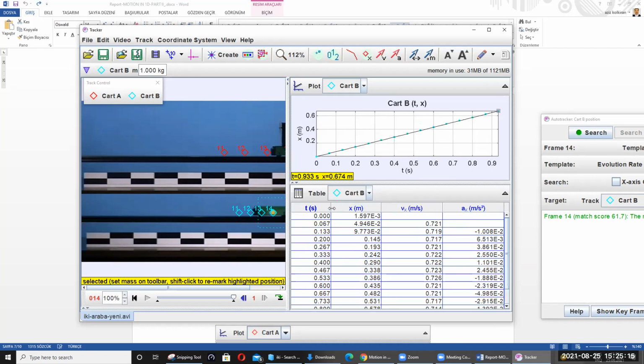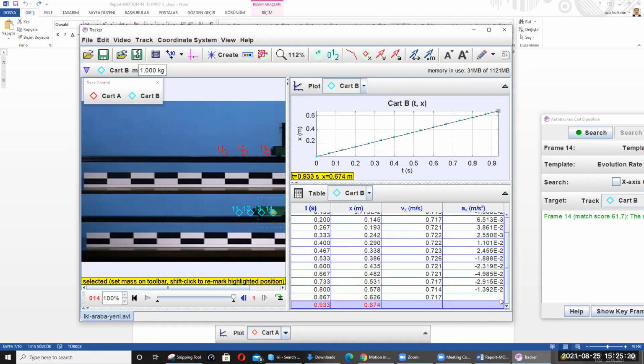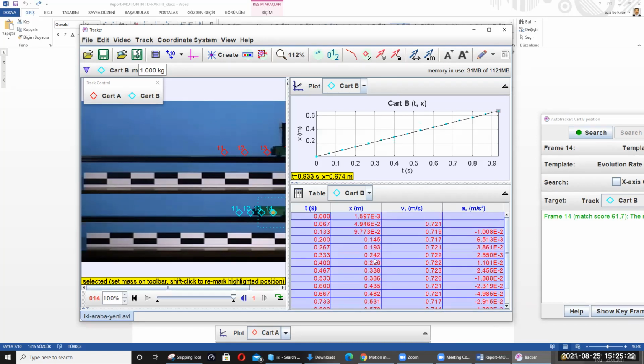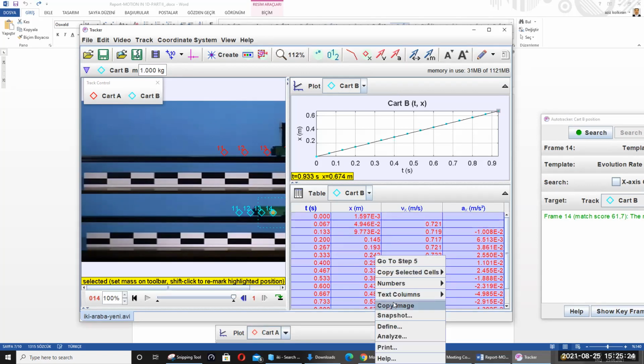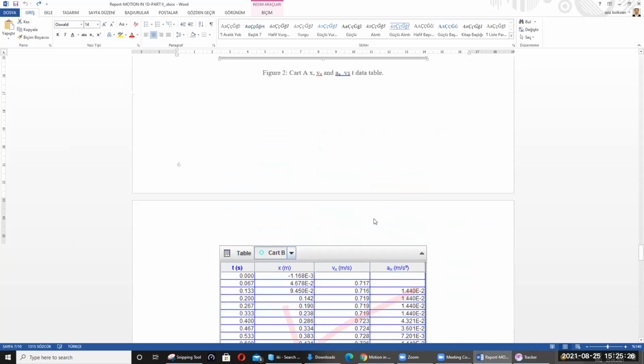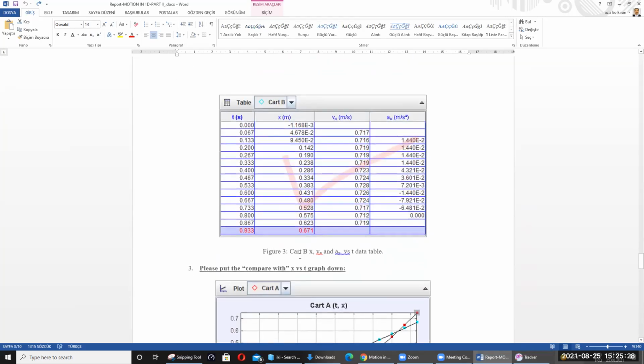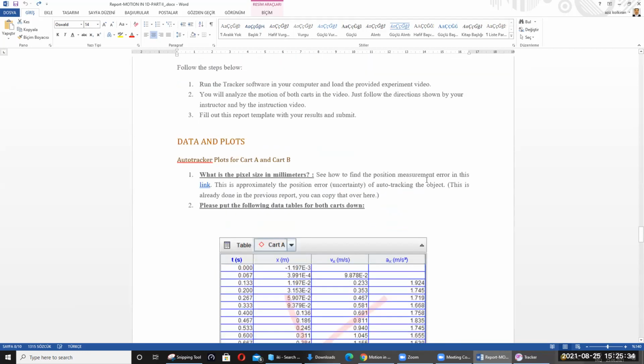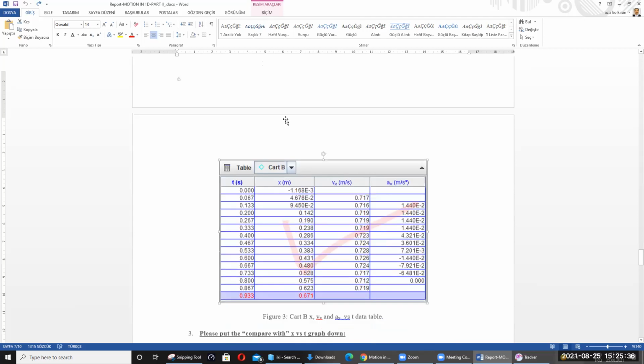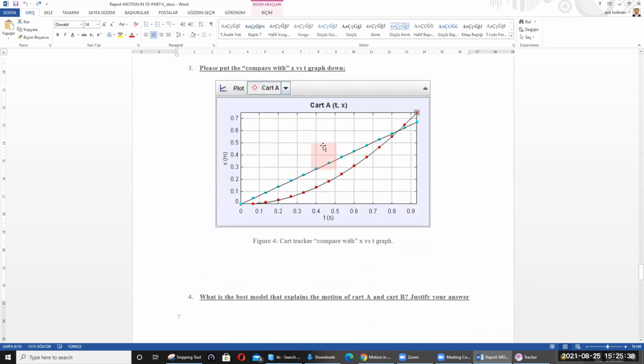So again, what you do is just select this data, and copy it, and then put this data over figure 3, okay, just paste it, and you will conclude the second step in the data. So the next steps are just,